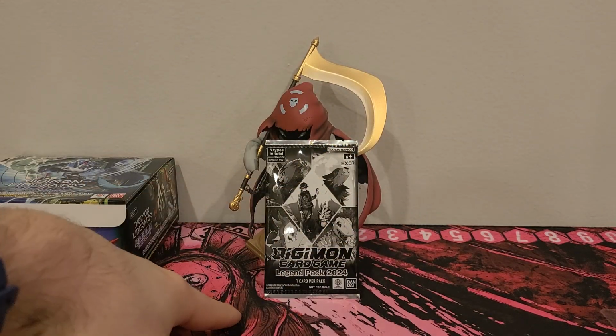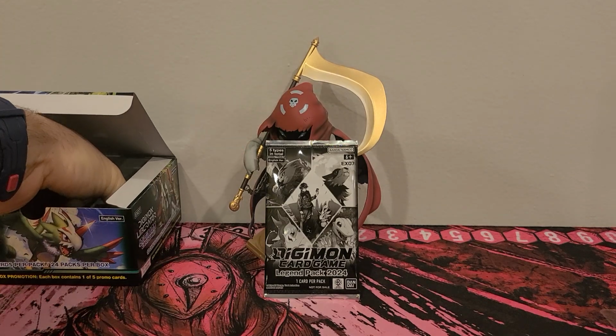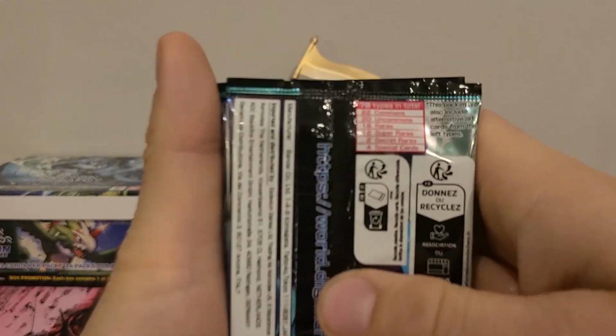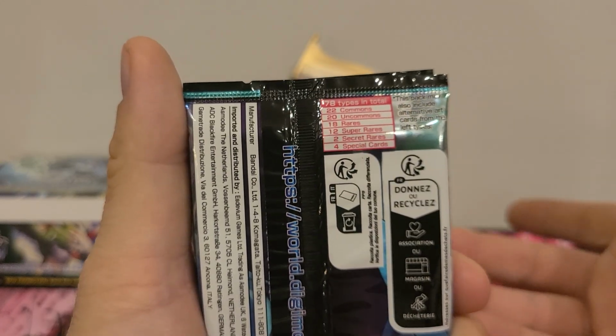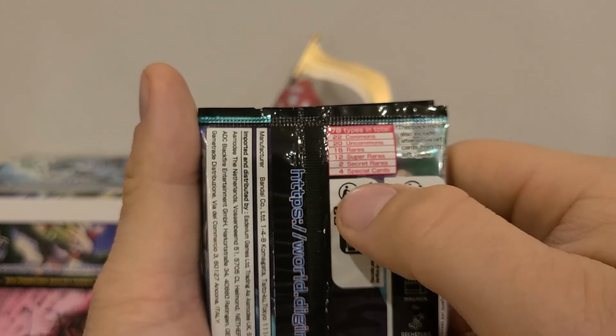We got the D-Reaper playmat, we got Phantomon helping us out, and we are on to the last 4 packs of this Digimon Liberator box. And just as a recap, we have pulled all the commons, all the uncommons, all the rares. We've pulled 10 super rares. We pulled 1 secret rare, and the special cards, like,